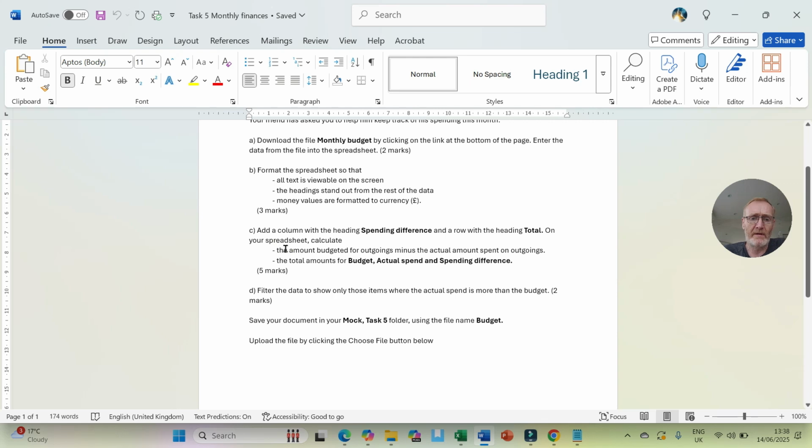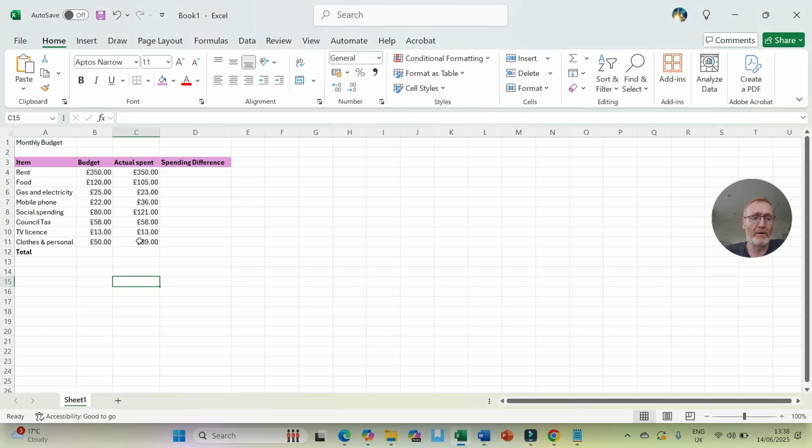On your spreadsheet, calculate the amount budgeted for outgoings minus the actual amount spent. So really what we want to do is, that's our budget and that's what's spent, so we need to minus the actual spent from the budget. So that is going to equal this cell here, B4